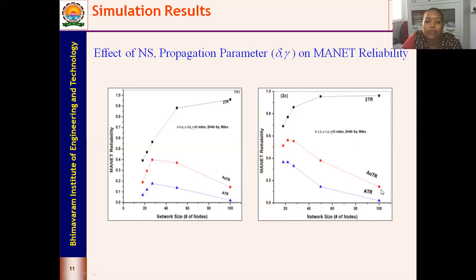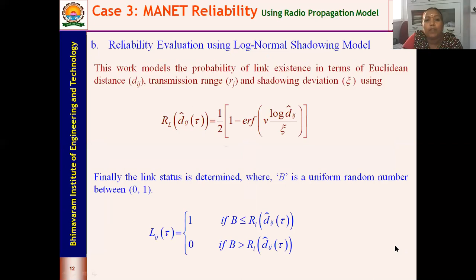In two different cases, you can see that when the propagation or the signal strength is good, we have better reliability, and when we are not considering any propagation, it is going to behave like a binary model. So this is the effect of network size and the propagation parameters on the network reliability.